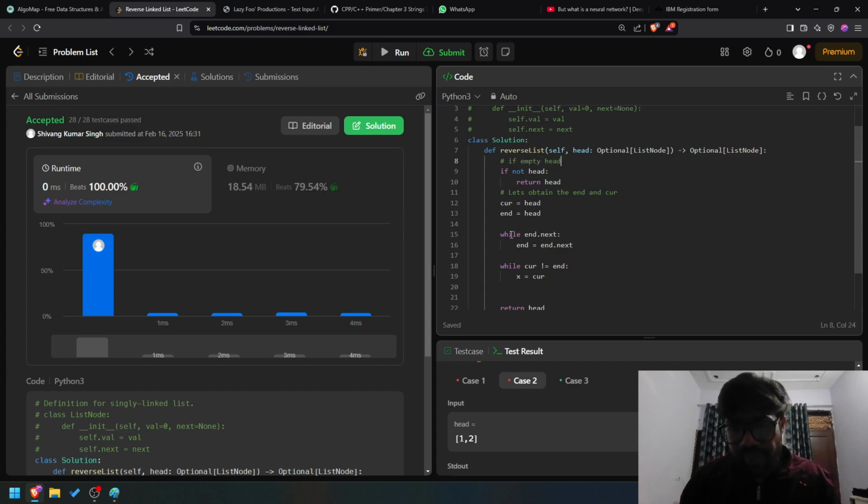From the head, while end is next. Variables for current node and end node. Obtaining the end node. Okay, so while current and end are not equal, what I want to do is